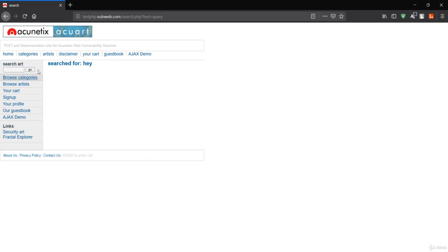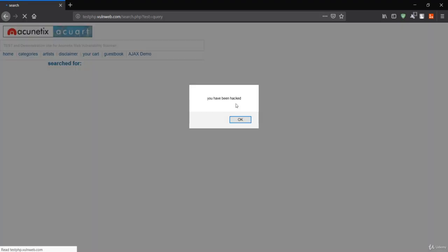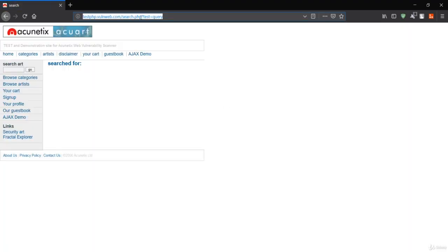If you open the same link on another computer, you will see different HTML elements over here. When I run some HTML or basically a command over here, if I run this "you have been hacked," then you can see we get "you have been hacked" over here. And if you copy the same URL over here and send it to another computer, it will be visible for this particular URL only.